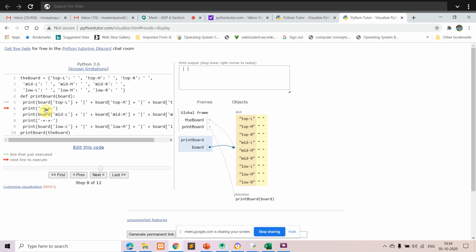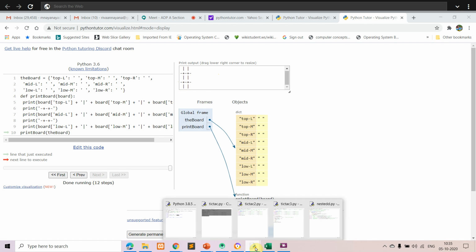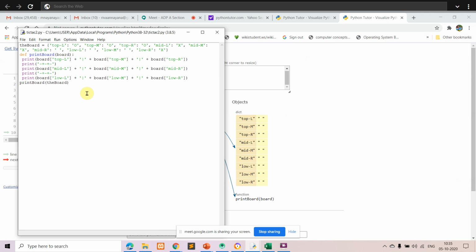Next, what is this? This is just acting as a separator between the rows. Okay. So the 0th row is done here. Next, you have to go to the first row. So again, everything is blank. Then the separator is this, and finally the third row is printed. Everything with the value space, or empty. So this is representing your empty board, or initially this is your tic-tac-toe board. Okay. Next, we'll go to the next example,